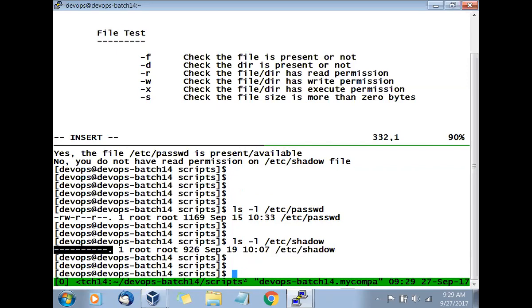So this is clear what we are trying to do, right? We are testing whether the file is present or not, or the permission is there or not. Right? So this is how you will write the script. Saying that, okay, I can now do the file tests and I can generate some conditions and I can go with that.